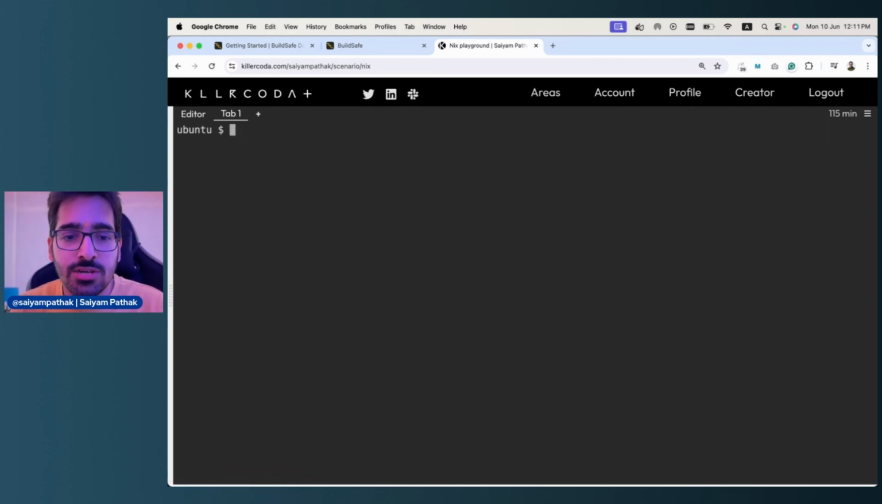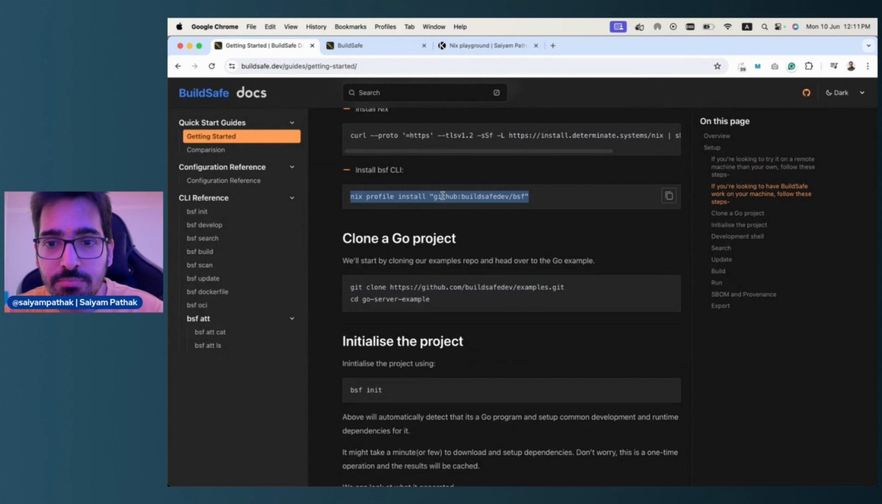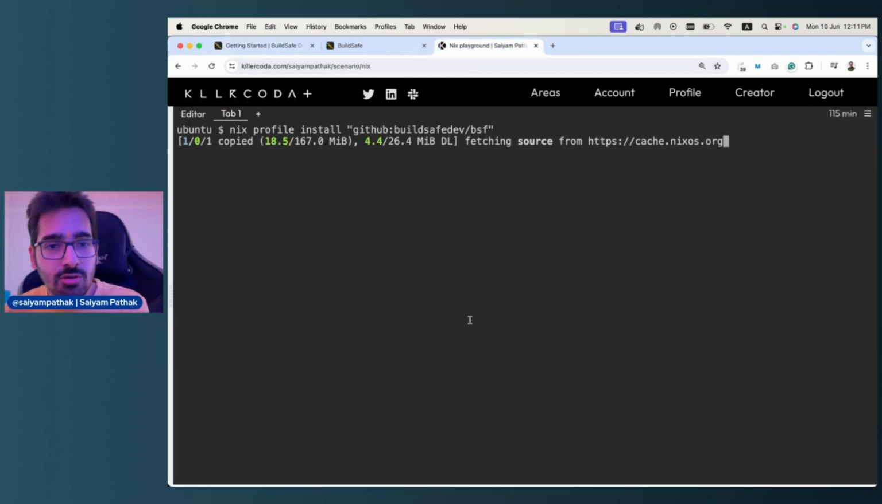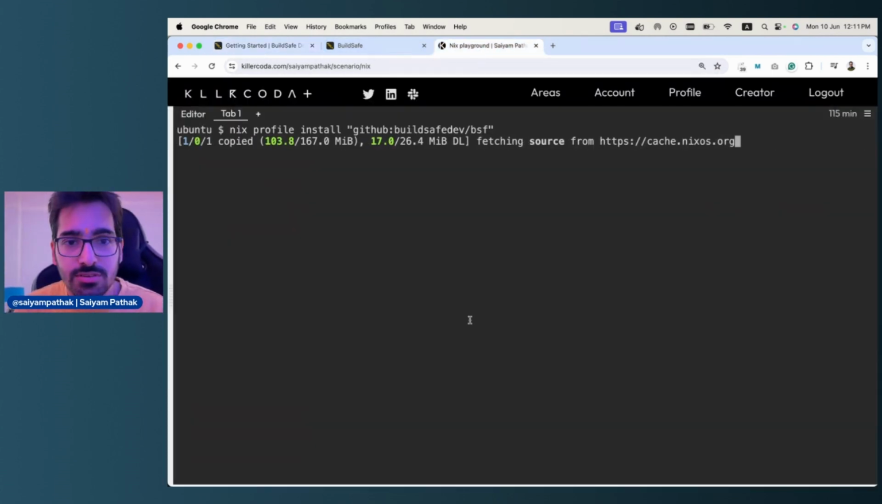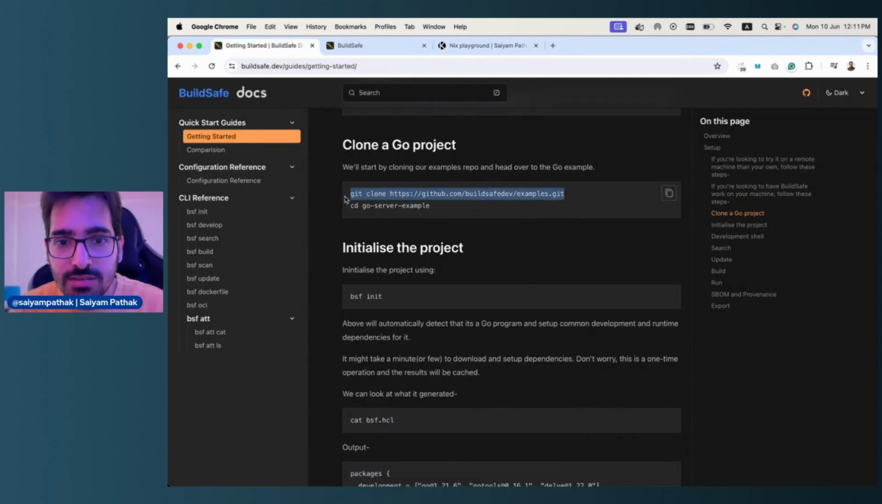The next thing we are going to do is try to actually use this for a Golang application. So we'll install BuildSafe first. You can install BuildSafe using Nix itself. The simple command is nix profile install github:buildsafedev/bsf. And then we'll clone this example,